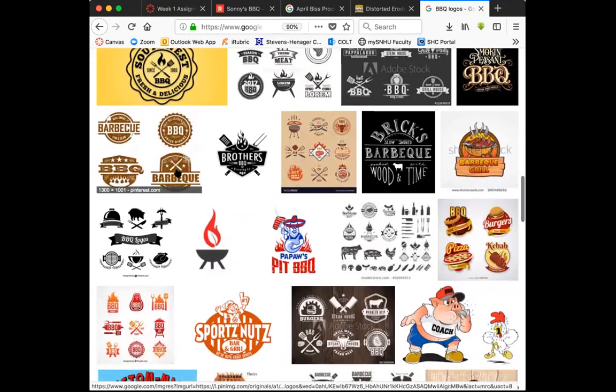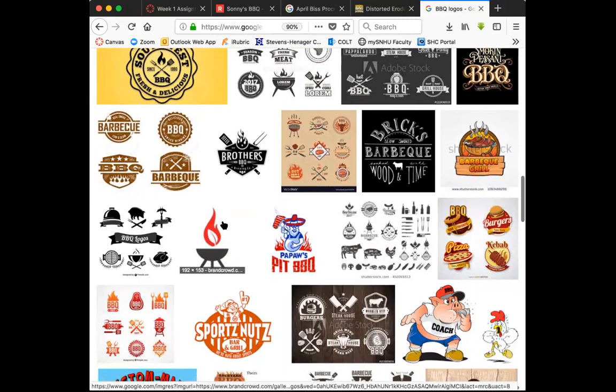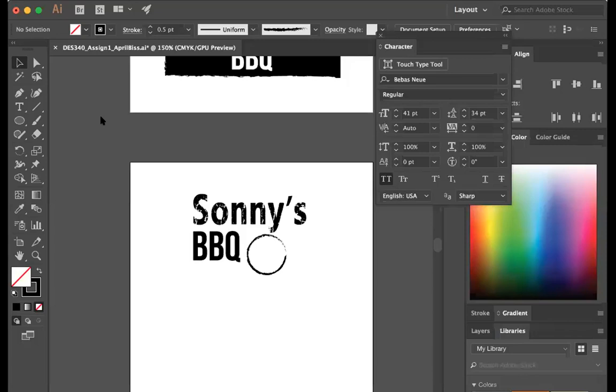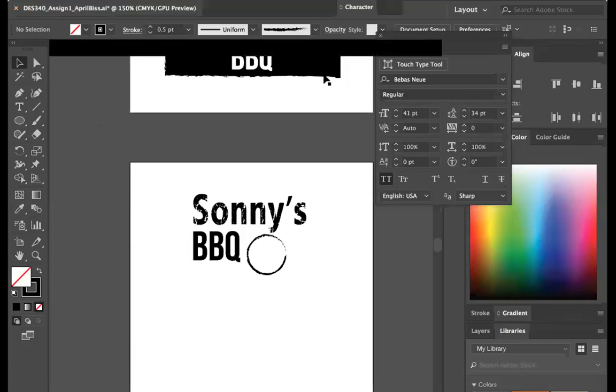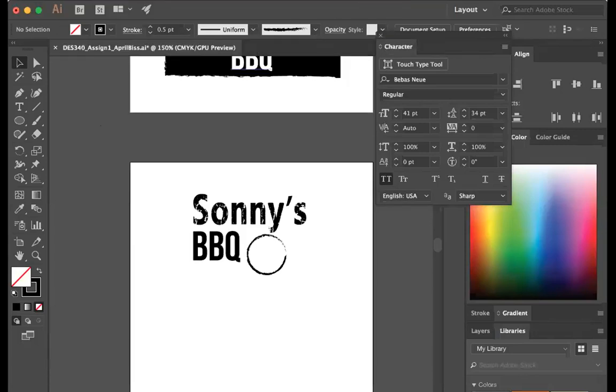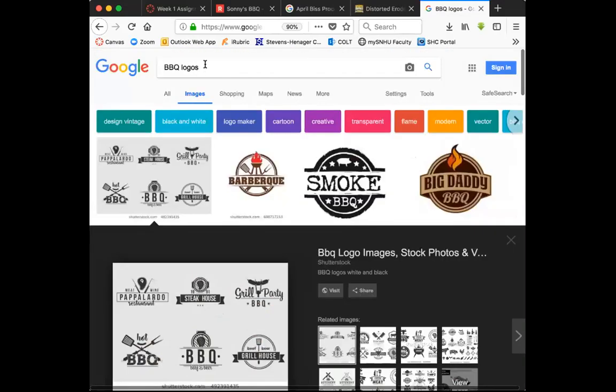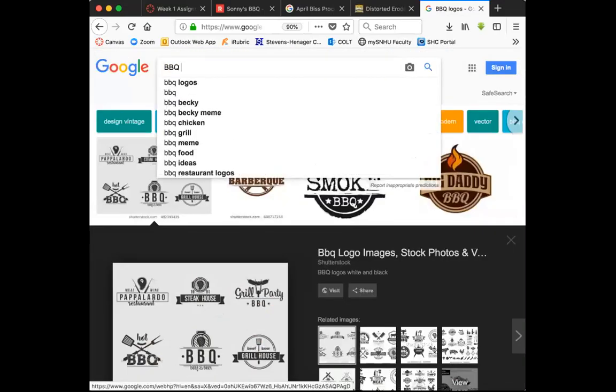You don't necessarily need to know how to draw. If you can find icons to put in there very easily, that could be a dingbat font or something that you can find online very quickly that you can trace out. So let me show you that actually. I can show you an example of what I would do if I wanted to trace something out. So let me go and look up barbecue tools.